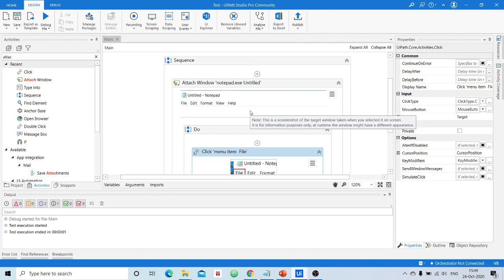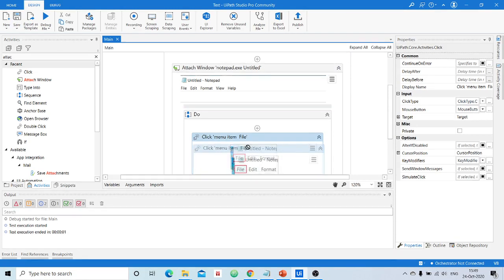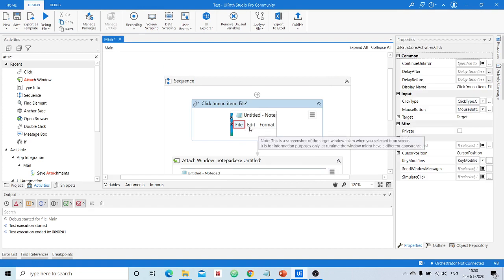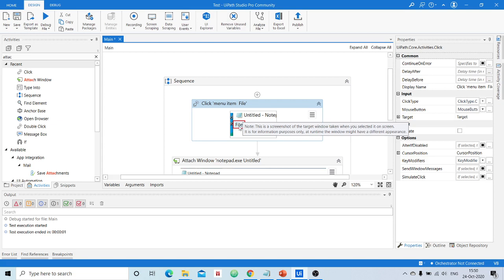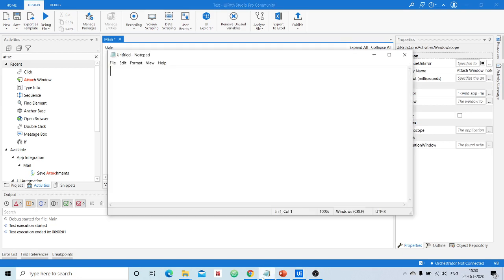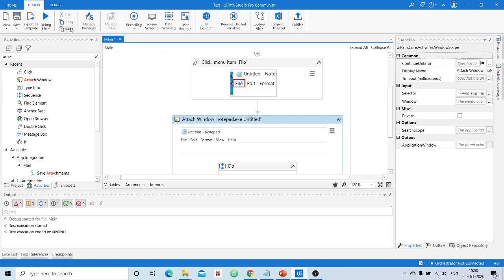If you don't use this, let us think about that. To better understand that case, see here, directly, the first instruction is I want the robot to click on the file option, and then it has to go with an attach window, right? Now let us see. Now see there, that application is already running.